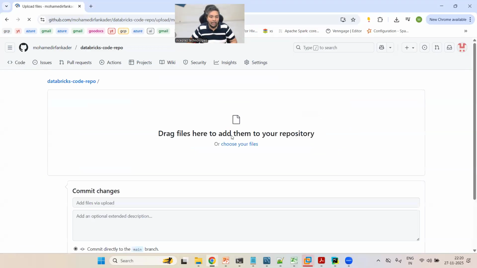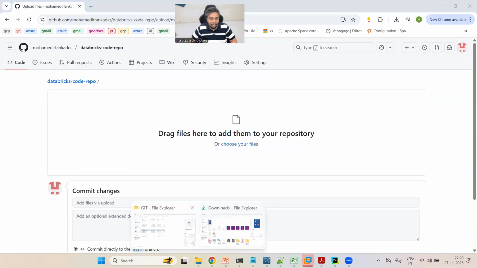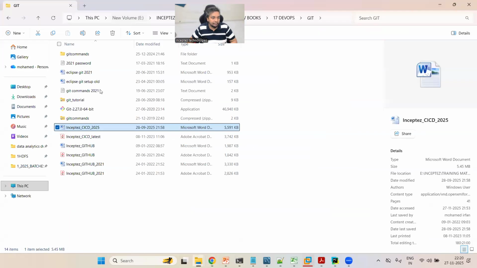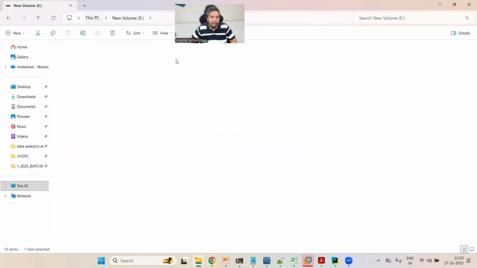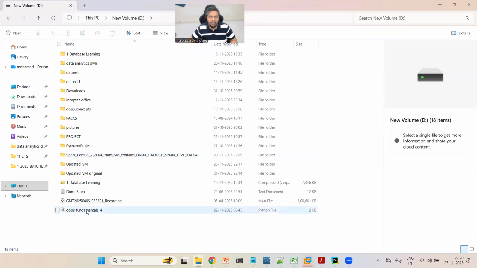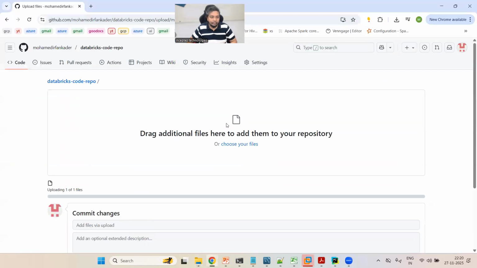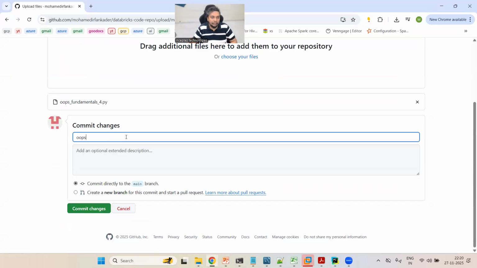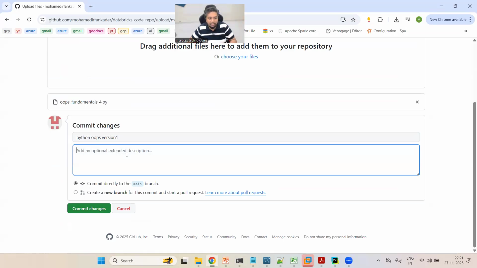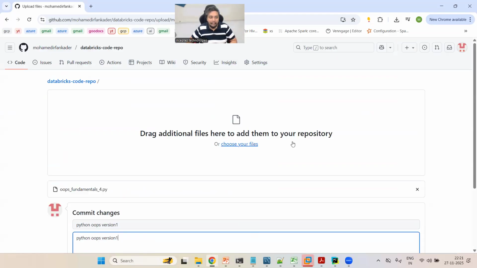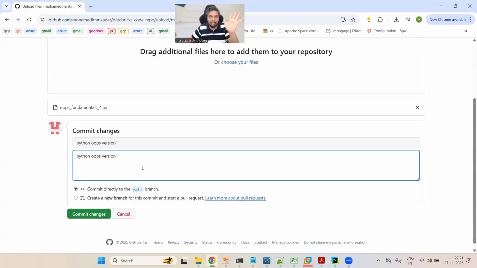So I'm going to upload some code we have already developed. Something like OOPs fundamental, I'm going to take. I'm going to drag and drop the code over here. Python OOPs version 1, like this I'm going to commit. With some description given, or you don't have to give the description. Commit directly to the main branch. What branches are and all, we'll learn later, but I'm just going to keep this code in the GitHub